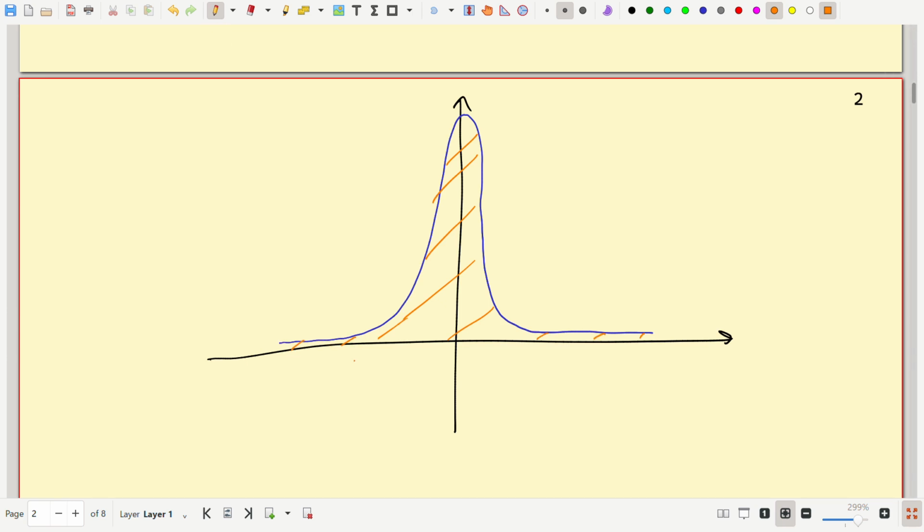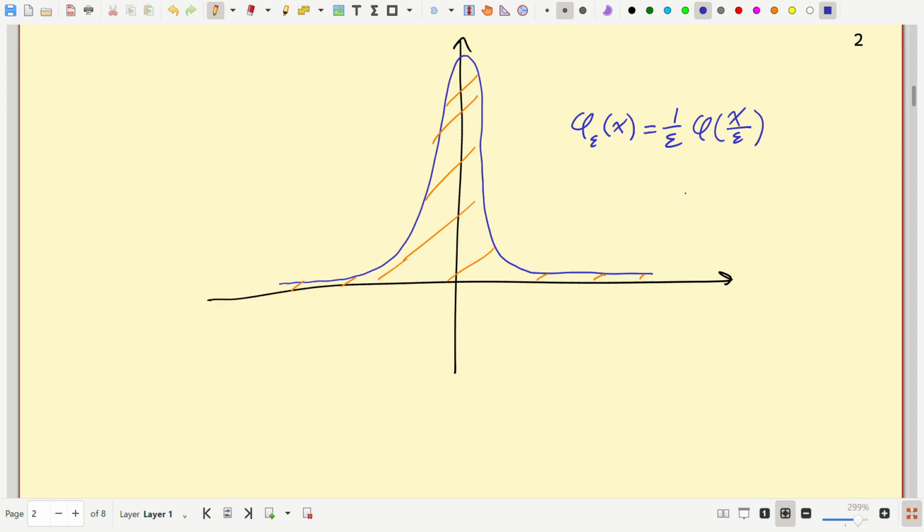And a way to do that is to take your phi and call this phi sub epsilon. To squish it, I would take phi of x over epsilon. That would squish my original phi down, but then the bump wouldn't get bigger that way. I need to make the bump get much bigger while I squish it. And that turns out to be exactly the right thing to do.